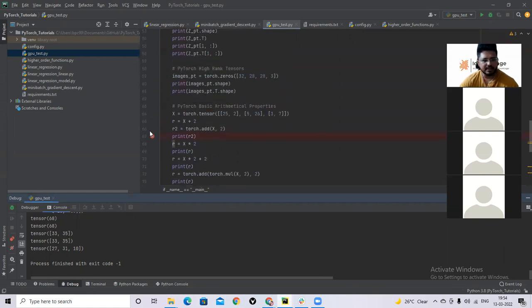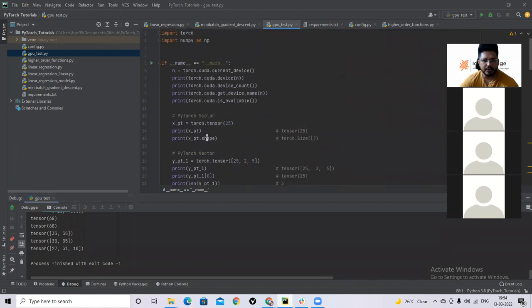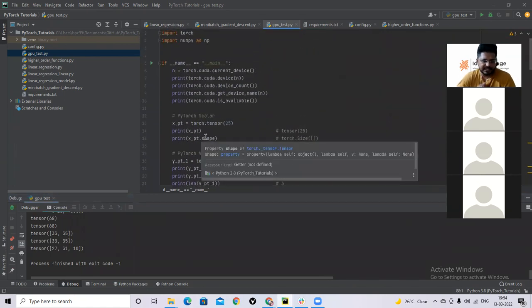This is not an exhaustive list of all the operations that you can do in PyTorch, but it gives you a bootstrap, a kickstart of what you can do. You might have already got the essence that this is very similar to declaring variables and doing operations on them in Python.